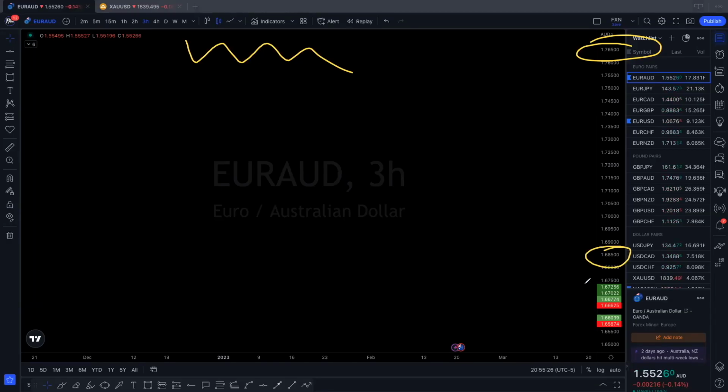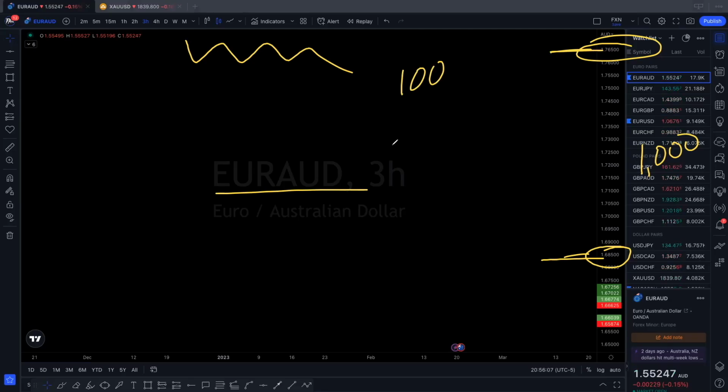Now let's say that to make that move, just to make it easy to understand, price would have to move, let's say 1,000 pips. So if from here to here takes 1,000 pips, and let's say Euro AUD moves at 100 pips per day,